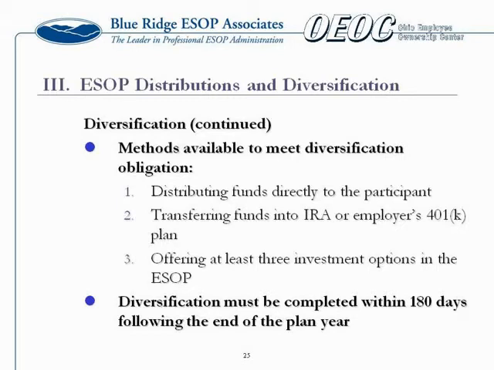I guess we have some clients that use that as like a preliminary form, right? Right, we do. We'll send out a form saying you are eligible to diversify. We don't know exactly what the amount is going to be worth, but when that time comes, do you want to diversify? They would have the option to check yes, and then we would follow up with the amount that you're eligible to diversify, and ask them what they want to do with that once we have the updated stock value in.